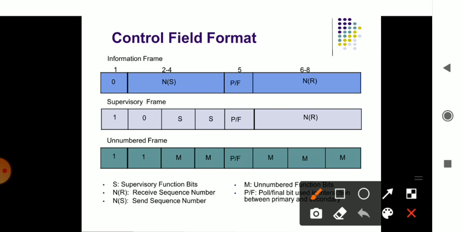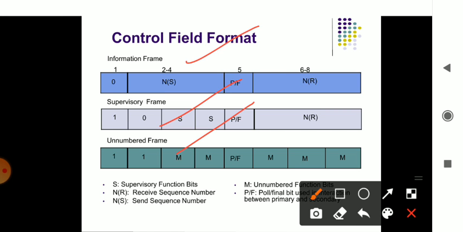In the frame format, other things are also there. You have the information frame, supervisory frame, and unnumbered frame. The supervisory frames supervise when the frame is ready to send and when it is receivable at the other end. That is your supervisory. Information carries the information bits from one end to another end. Unnumbered frames are frames that sometimes may not be numbered for certain reasons. There may be changes in the format. At that time the unnumbered frame formats come into effect. So these are the things.